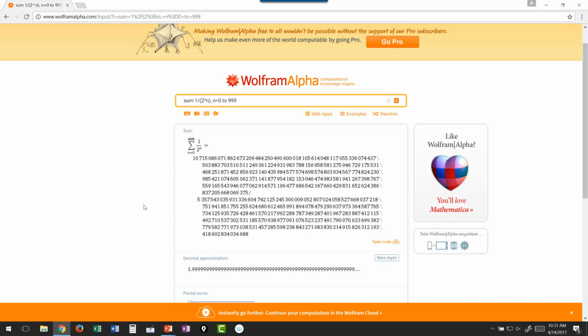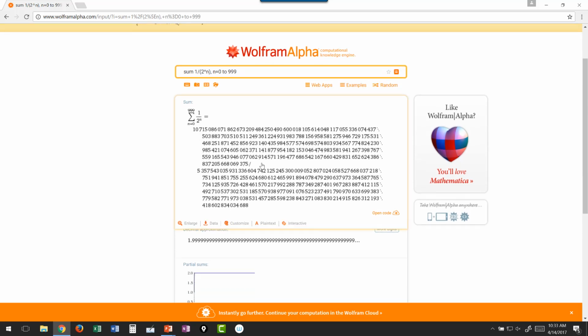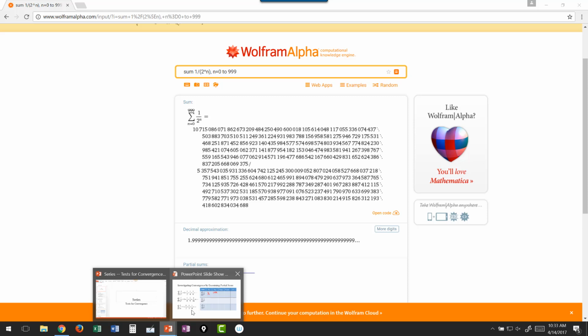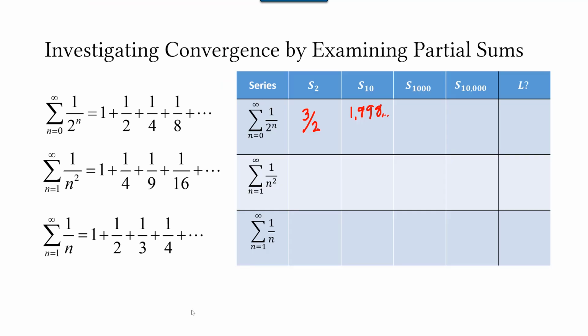We get a really big fraction if we want to take a look at that. And then notice that our decimal approximation is pretty clear, right? We're going 1 point and then more nines than Wolfram Alpha cares to show. So let me just indicate that on the table. So this would be 1.999